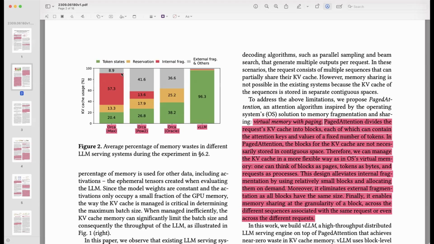So you might have spaces of memory in between which are not big enough to put in a new request. So this is like the external one. So the green, yellow, red, and gray mean that. Now this is a part where